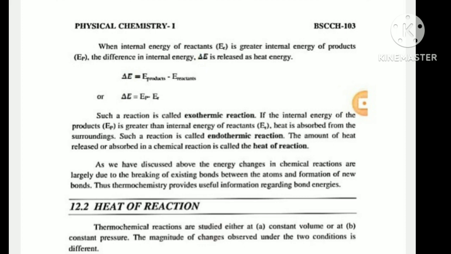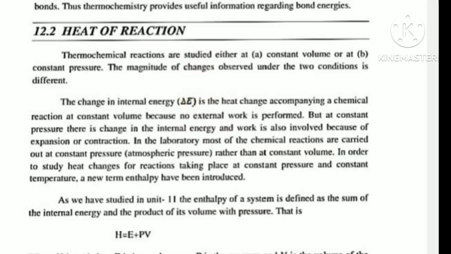Heat of reaction. Thermochemical reactions are studied either at constant volume or at constant pressure. The magnitude of change observed under the two conditions is different. The change in internal energy, delta E, is the heat change accompanying a chemical reaction at constant volume because no external work is performed, but at constant pressure there is change in internal energy and work is also done because of expansion or contraction. In the laboratory, most chemical reactions are carried out at constant pressure, atmospheric pressure, rather